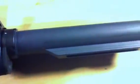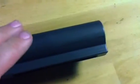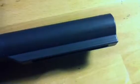Okay, now I'm going to talk about the receiver, and I'll start here at the back. So you've got your Milspec buffer tube, and the way that you can tell this is it's a straight cut. Here you can see a commercial buffer, and it's got an angled cut. There really isn't a whole lot of advantage to the Milspec, but this is what a Milspec looks like. And if you have a stock that's for a Milspec, it won't fit on a commercial buffer, and likewise,